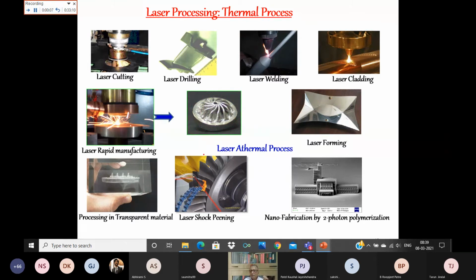Then you have this metal sheet that has been bent without putting any mechanical force. Okay, you can bend by just scanning the laser beam, and because of the thermal stress, it can just bend like this. Here, the transparent material has been processed inside. So in a volume of a transparent glass,